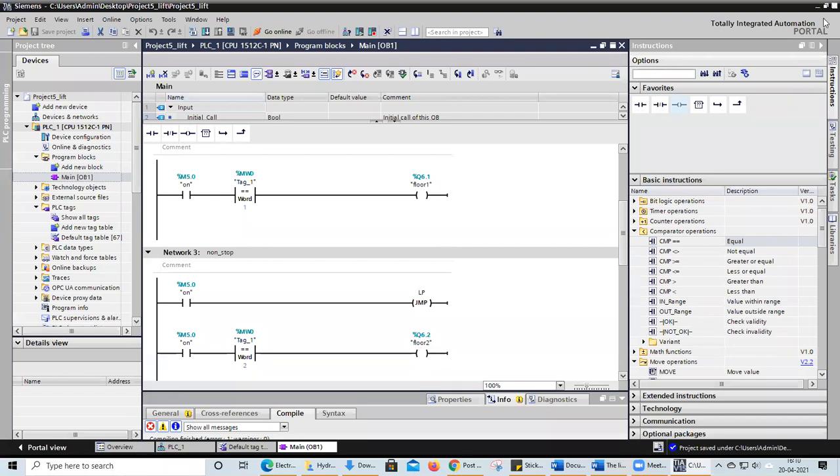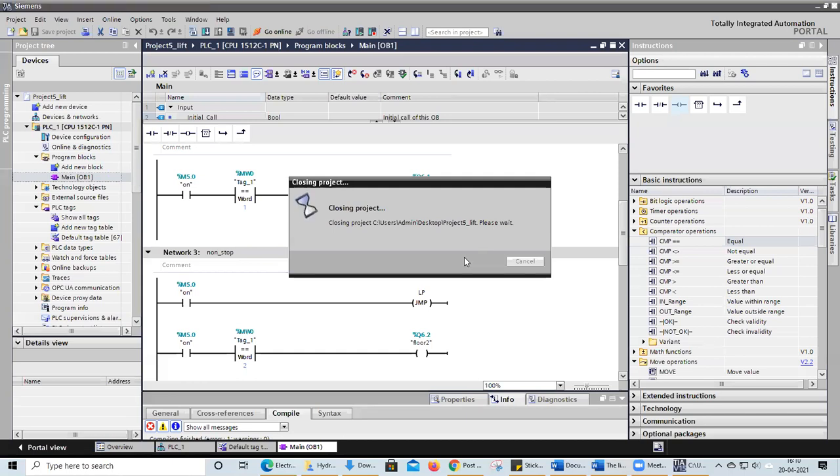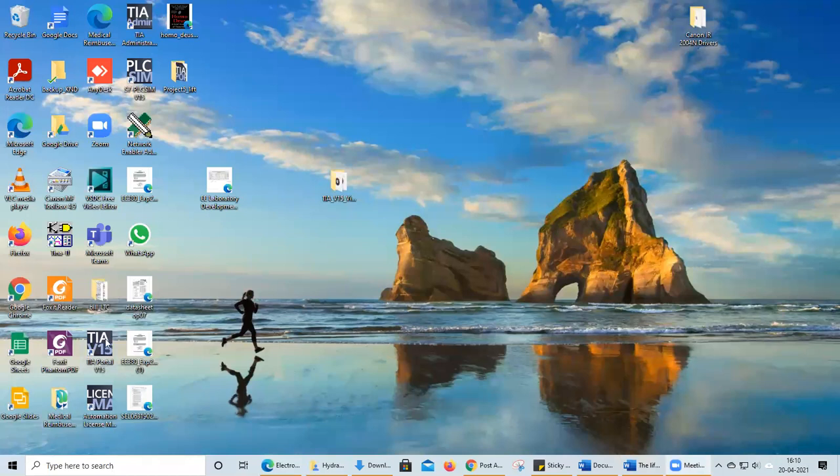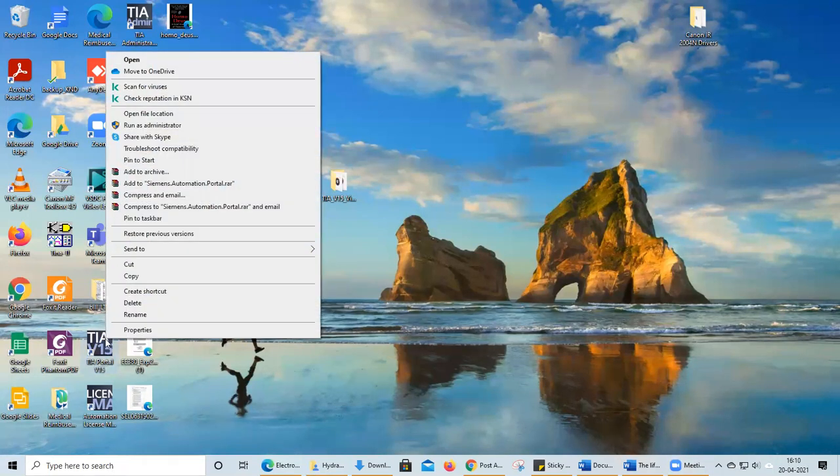Now I'm closing this one. Once again, I'm going to open this one. Sometimes it will hang.